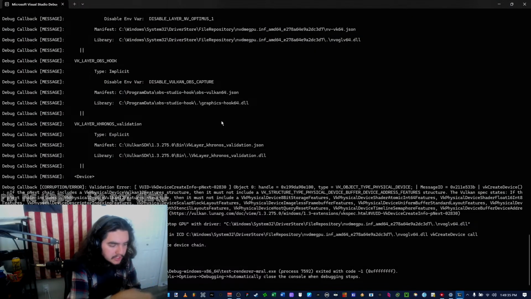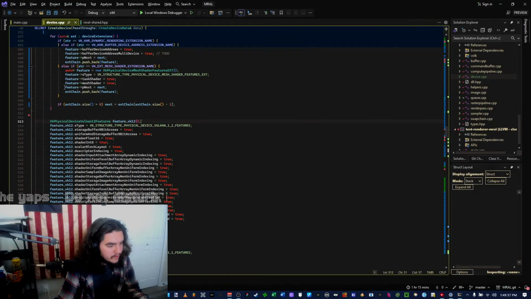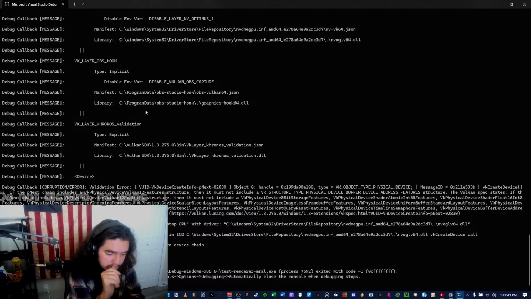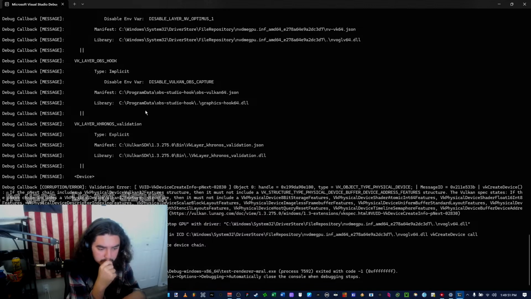So, if the pNext chain includes Vulkan 12 features, which is this, then it can't include physical device buffer.